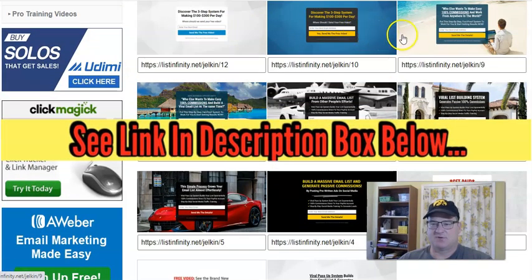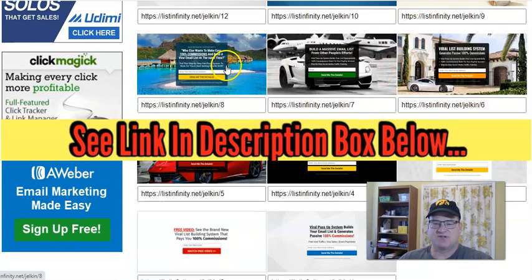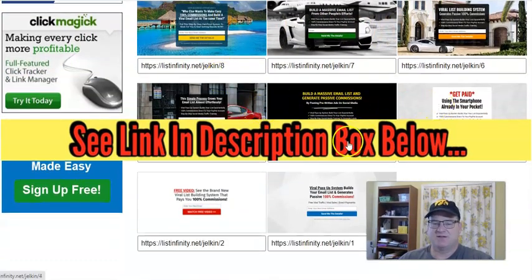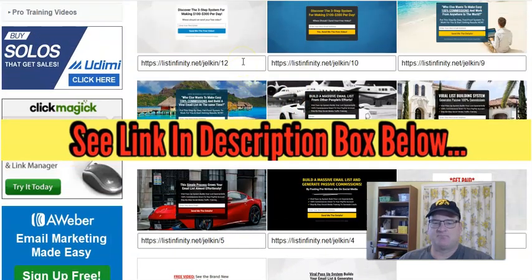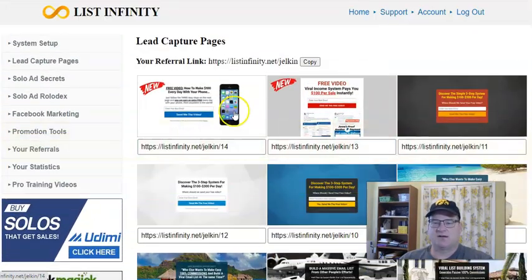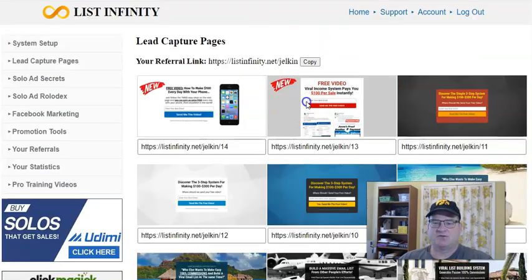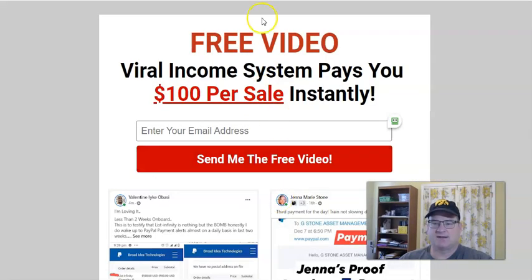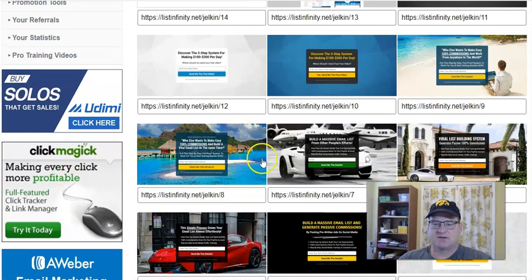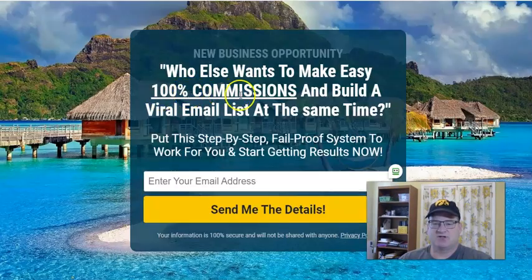Some are really simple. Some have nice images in the back. They will connect to your email autoresponder, both Aweber and GetResponse. And these are very nice opt-in pages. Let me just click on a few to open them up. So as you can see, well done. These are hosted for you. They look nice. Let's just go down and take a look at a different one with an image.